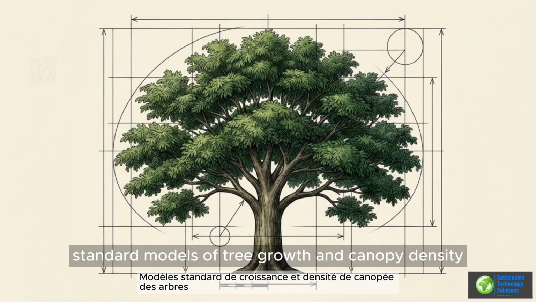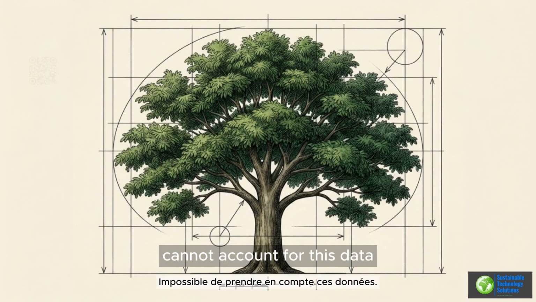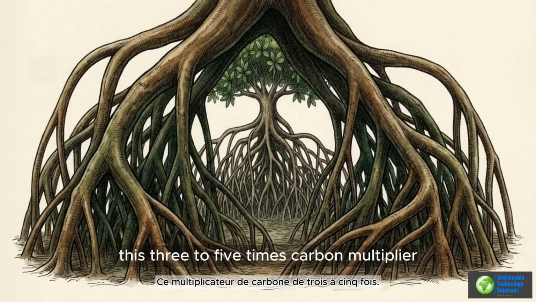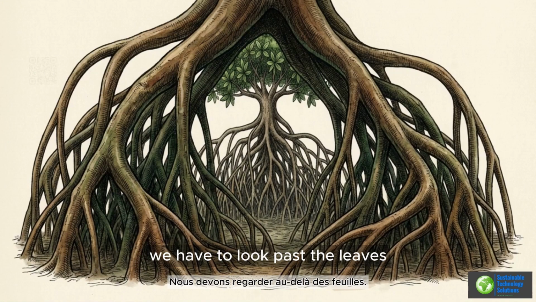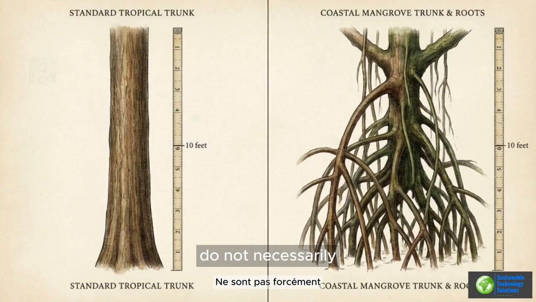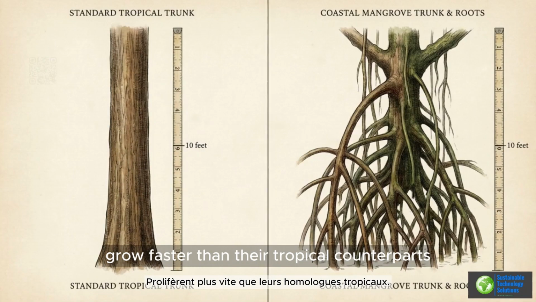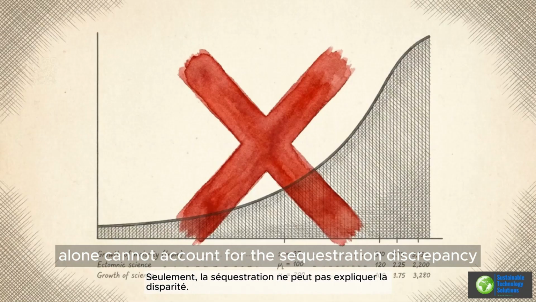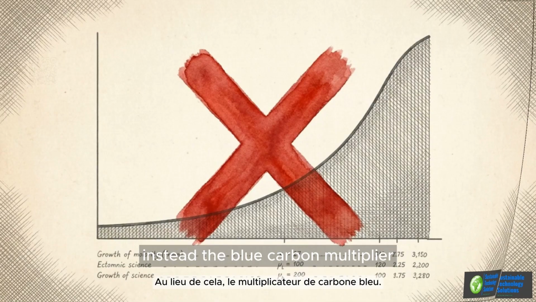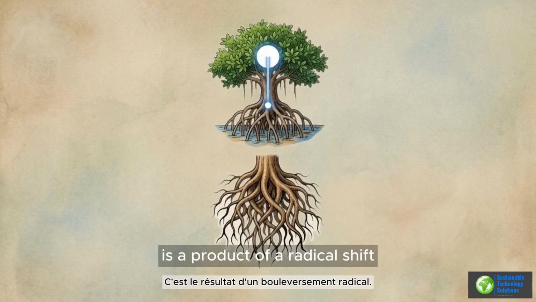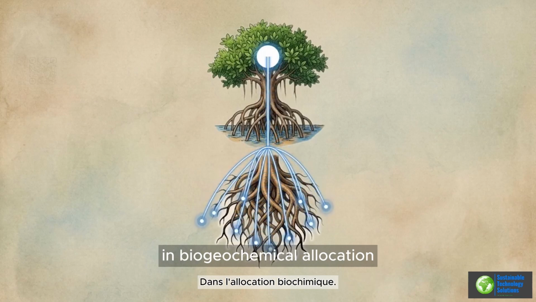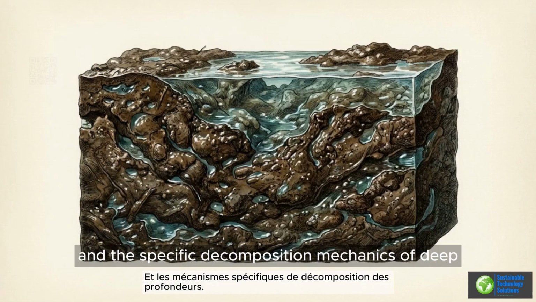Standard models of tree growth and canopy density cannot account for this data. To understand this 3 to 5 times carbon multiplier, we have to look past the leaves. Mangrove trees do not necessarily grow faster than their tropical counterparts. Growth rate alone cannot account for the sequestration discrepancy. Instead, the blue carbon multiplier is a product of a radical shift in biogeochemical allocation and the specific decomposition mechanics